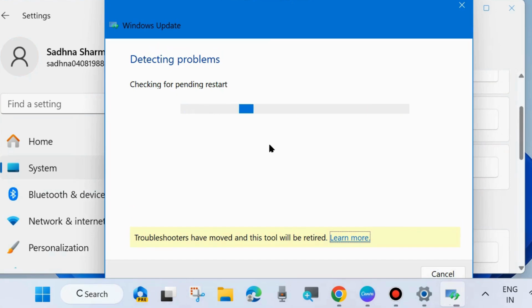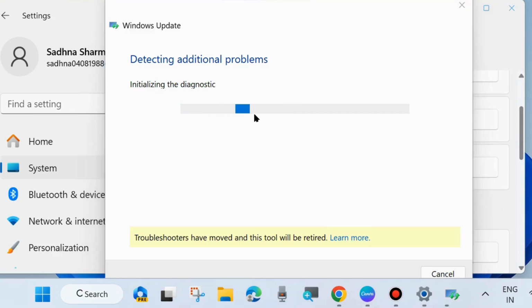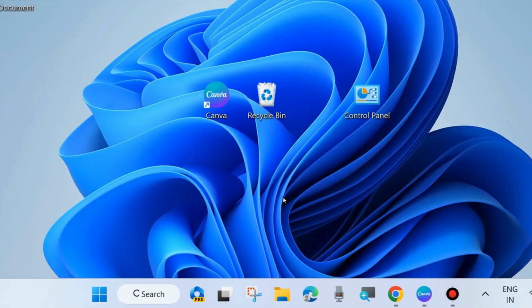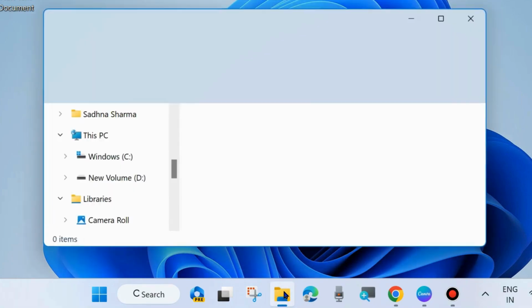The Windows Update troubleshooter will detect problems and check problems, and it will take some time. Follow the on-screen instructions to complete the process. It will initialize the diagnostic and look for any Windows Update errors and the reason for the Windows Update error code, and fix them accordingly. So wait for some time till completion of the troubleshooting process. Here a problem is found, check for Windows errors in your system also appears and it will fix them. If your problem still persists after the Windows Update troubleshooter, then go to the next fixes, and the next one